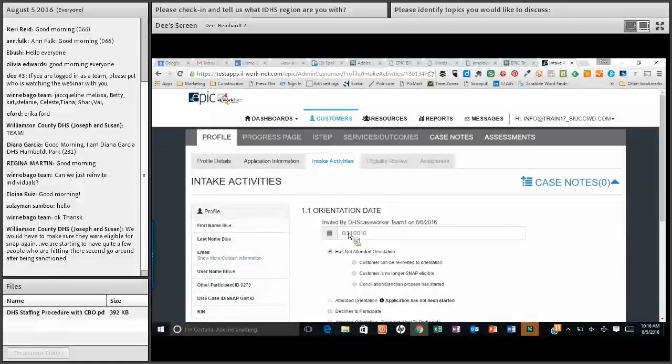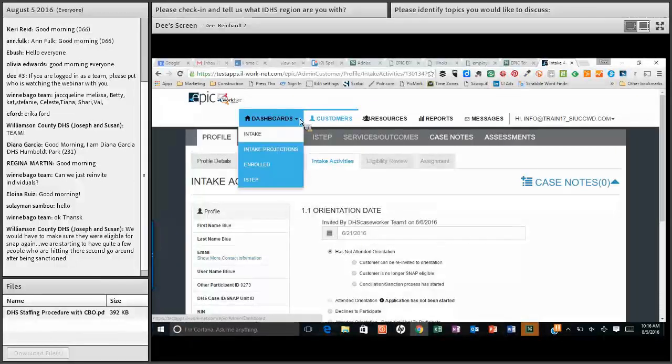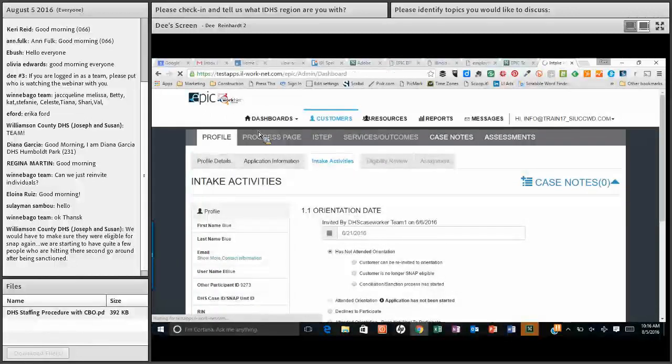If you want to look by RIN number or case ID, you can do it through that as a filter on the list, so that if you go back to the intake dashboard, and you go to missed orientation, then,